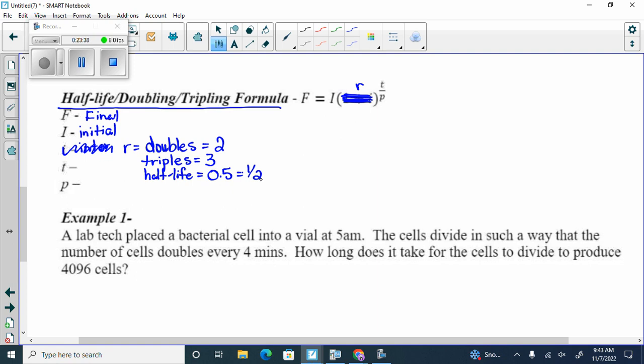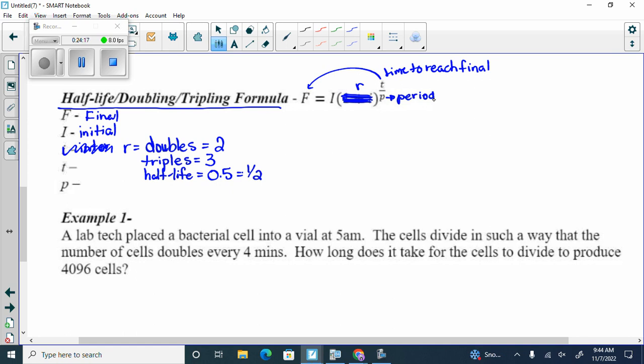Now, it's the T and the P. Could you technically use this for just any quadruple, quintuple? Yep, you could. So, T, this is the hardest part for people. T is time to reach final. Let me write it up here. And P is the period. And the period is how long it takes to repeat itself. We agree? That was in trig. So this one is going to be how long it takes to repeat itself, to double, to triple, to half,